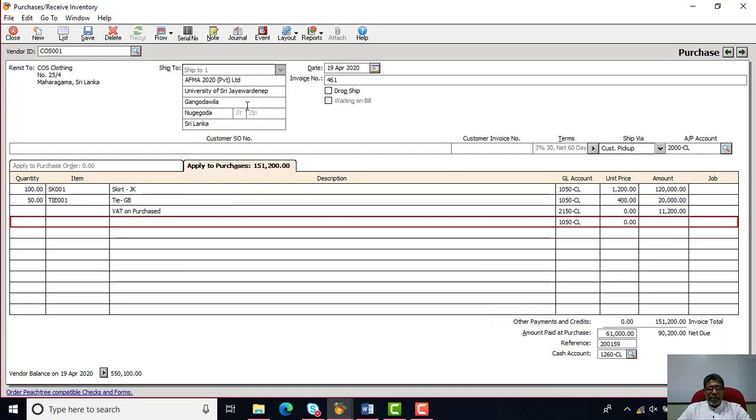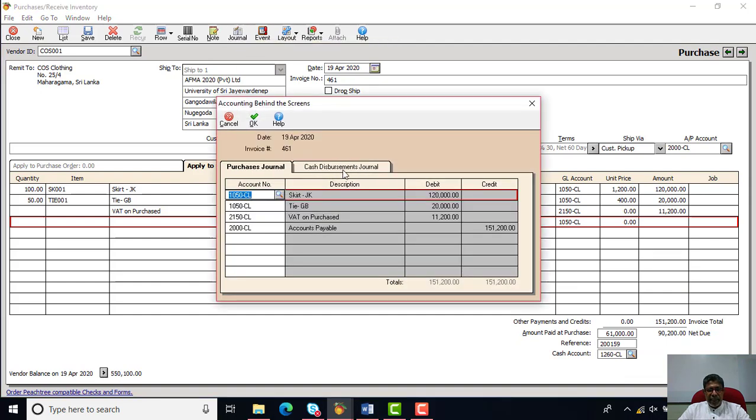So these are the transactions. So let's go to the journal entry and look at here. So here we can see the purchase journal as well as the cash disbursement journal. First of all, it will be recorded like a purchase invoice, whereby you can see the appropriate inventory account is debited, VAT control account is debited, and total value will be credited to the supplier. And meantime, part payment you made, and that goes to the supplier's account debit, and your cash and bank account is going to be credited. So it's a perfect transaction.